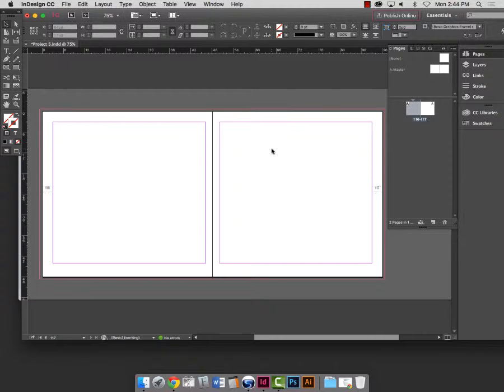So let's break this down into 2 columns to start out with. So I am again clicked on not my master page. Do not be on your master page on this. Be on your regular page. And here's how you edit your grid after you've already created the document. For these 2 pages, I want them both to be the same. So what we need to do is hold down the shift key and click on both pages,